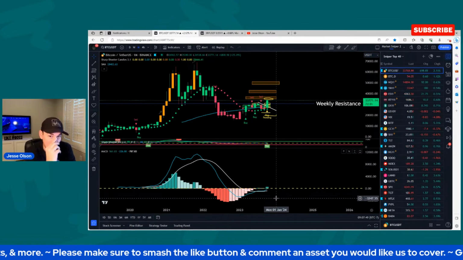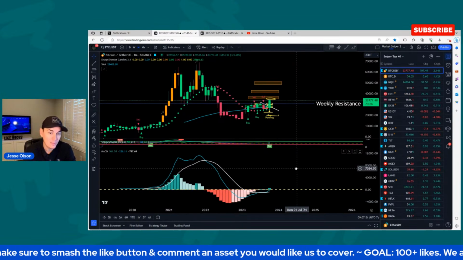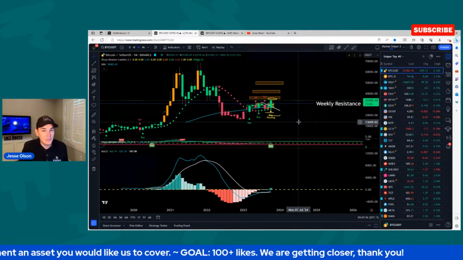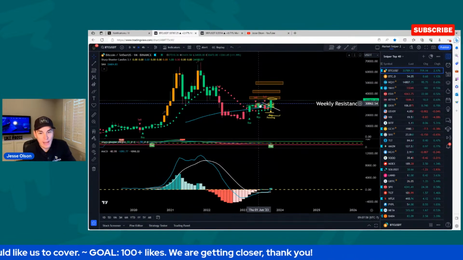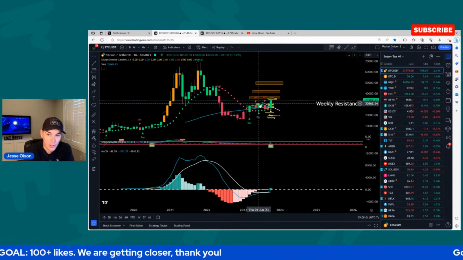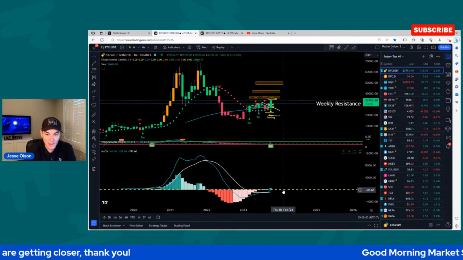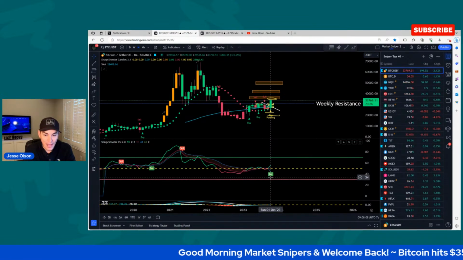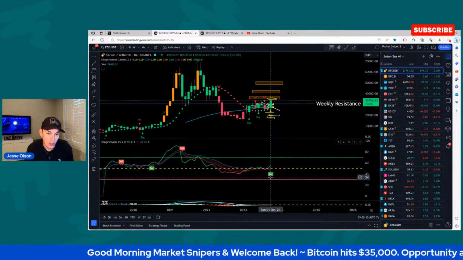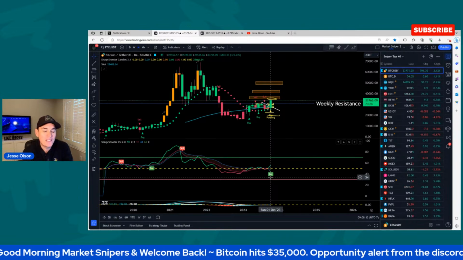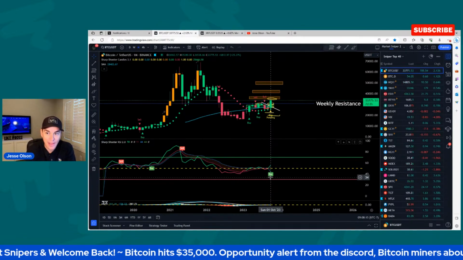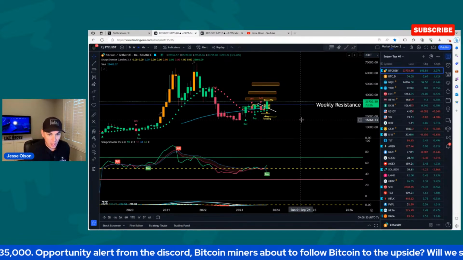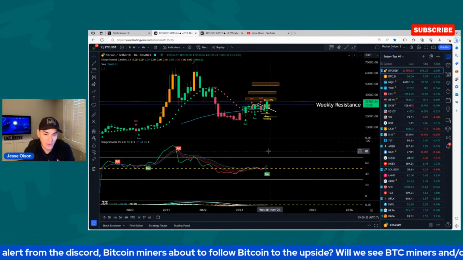Is it still possible it still reverses back down? Yes, but it seems like, with daily closes above where it was, if we get a weekly close above the weekly resistance, and then we start seeing the MACD get back above the zero line, right? We have a pending buy signal on the monthly chart. It's starting to seem less and less likely that the bearish case like the Dow Jones is going to play out. So we're watching it as of right now.